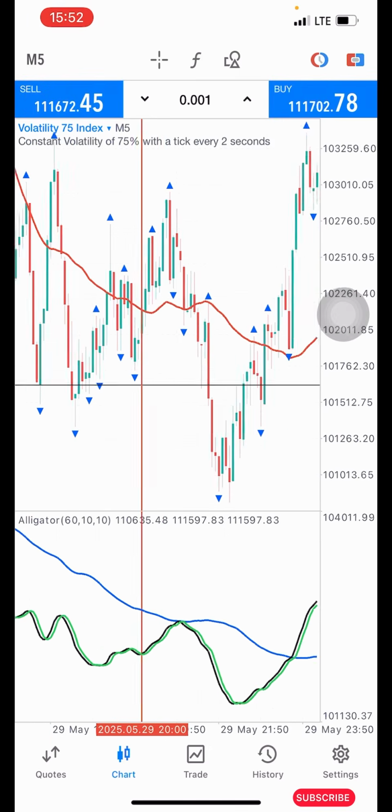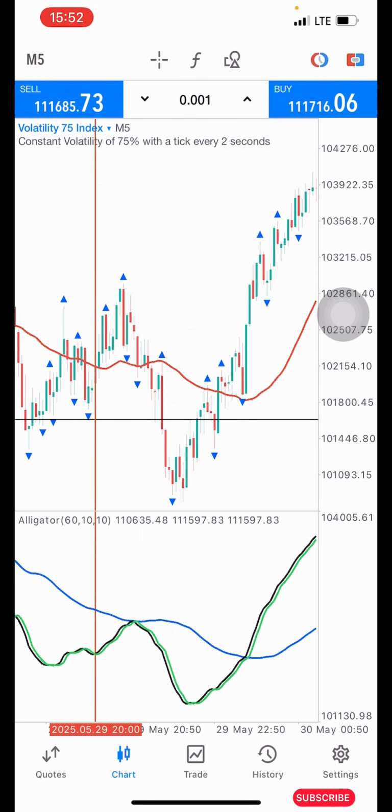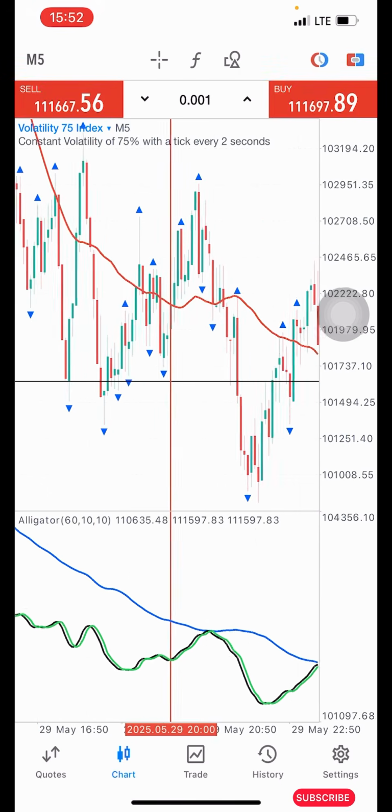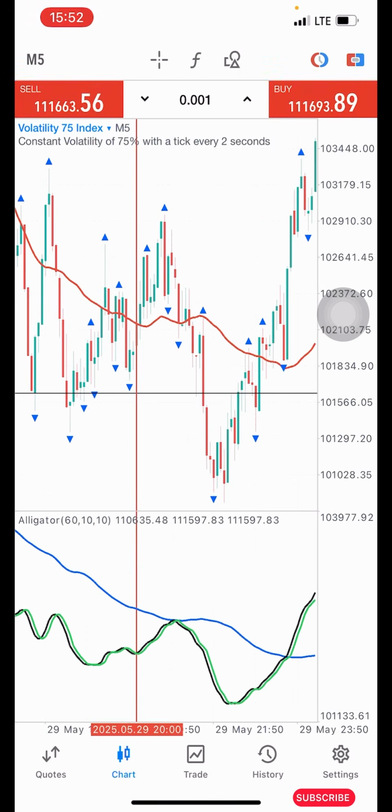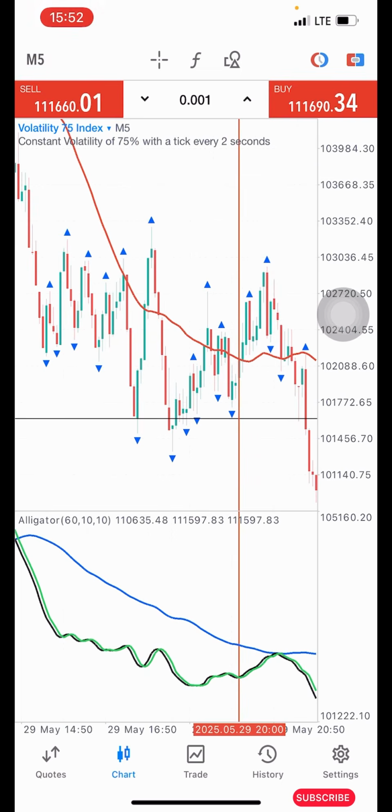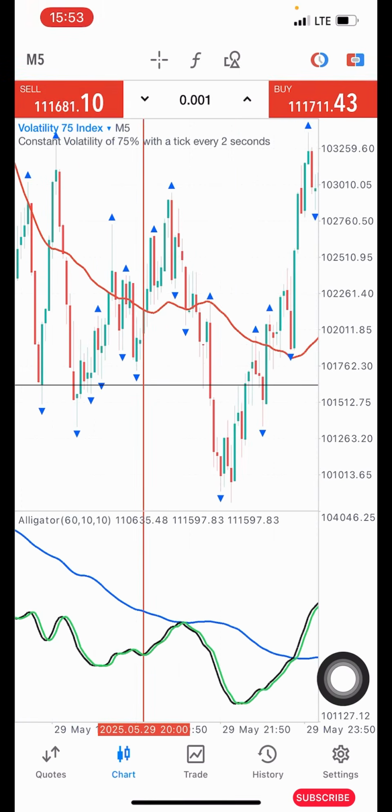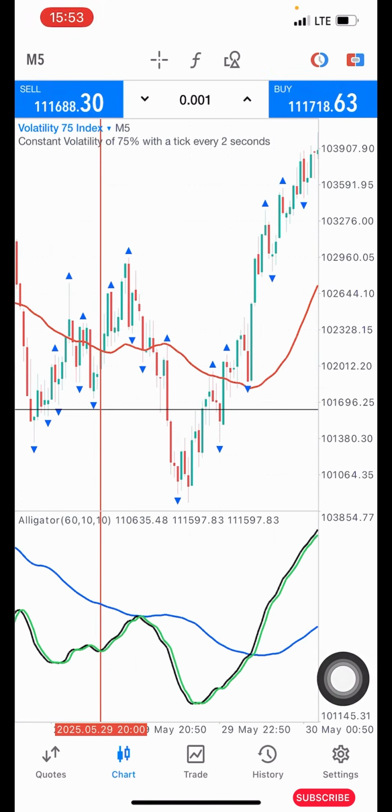So now this is what you are to do. All right, this is what you are to do. This is how you take your entry with the strategy. And as you can see here on the 5-minute time frame, it's showing that price is in a downtrend previously, right? Then also, if you're a beginner, you can decide to trade based on the indicator here on the 5-minute